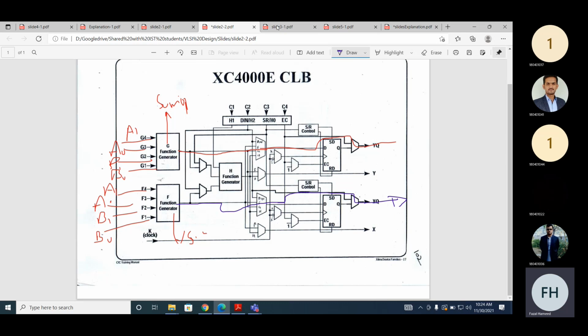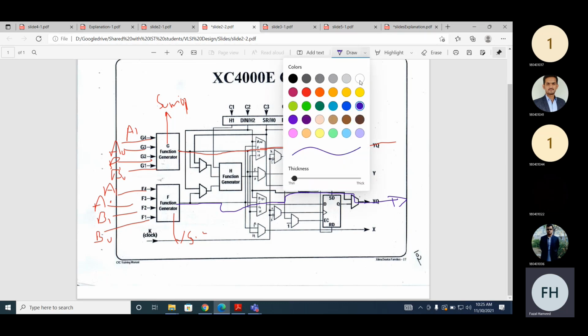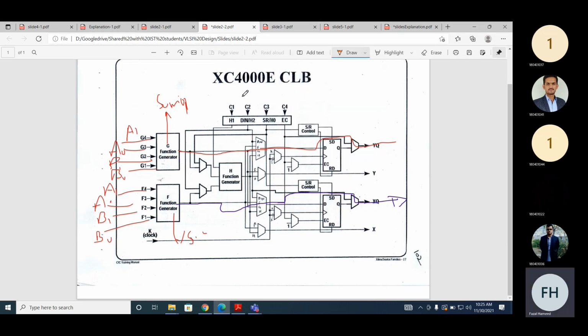We have a carry in from above. Then we also have an H function generator. Sum 0 will come up here, and sum 1 will come up here. Now we have a carry out.